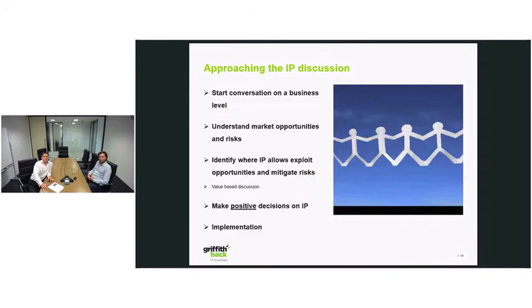So it starts at the business level. Those savvy companies that we had on the slide earlier don't start the discussion by saying, what intellectual property do we have and what do we do with it? They start the discussion at how are we going to take our business forward? That is true for any business strategy, and intellectual property forms a part of it, and intellectual assets more broadly. So it's about looking at your business, what your opportunities are, and what the risks are associated with those opportunities.